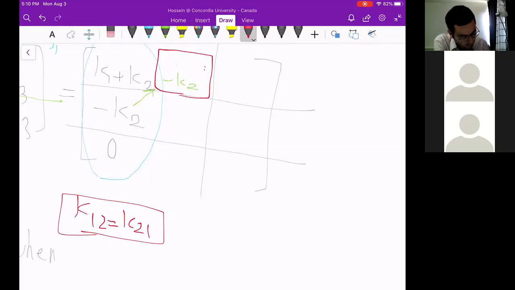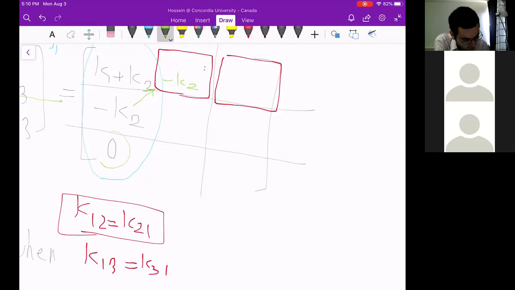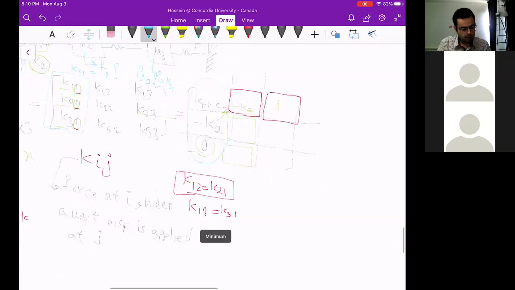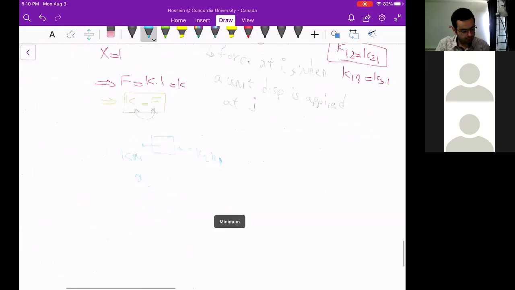And also K13 here. This K13 is simply K31. K31 is this array, so this will go here. And the next array you have to fill out is K22. K22, it means